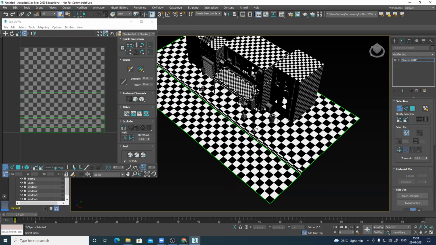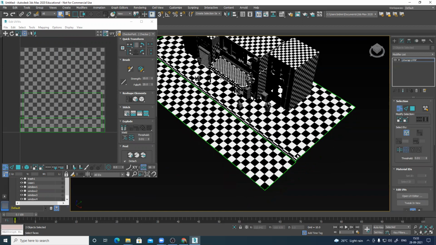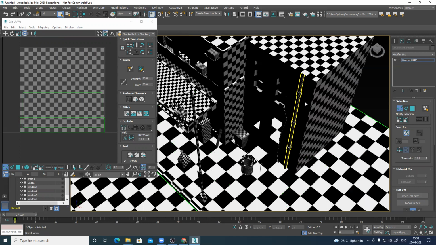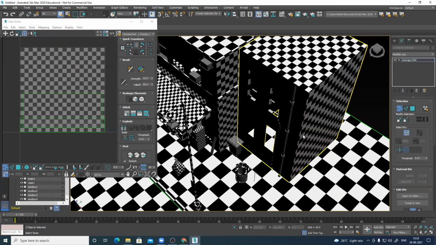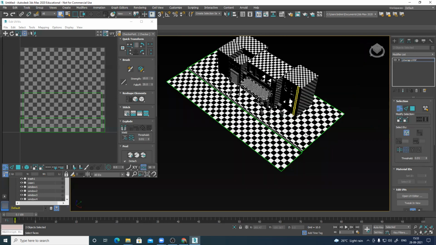Yes, that is the whole idea of UV. We have to optimize the UV space, plus use the maximum amount of texture within whatever is available. Because if I want, I can assign a different material for each and every part, but that is technically incorrect. It will increase the load on the system, because if each part has a different texture, it will increase the number of texture maps. It's not just one texture. Diffuse, normal, roughness, 3 maps are increasing. If I combine these two, I can say 3 maps directly, right?